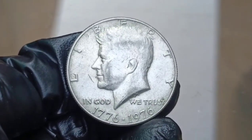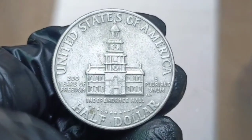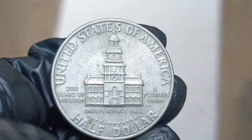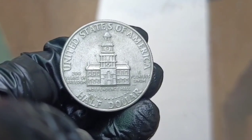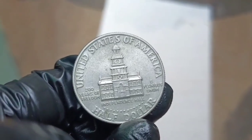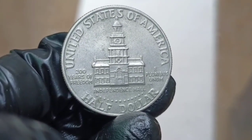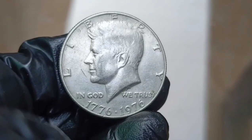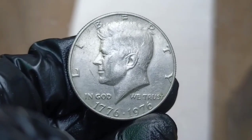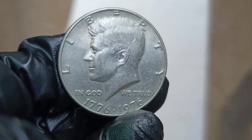Next up, the 1776 to 1976 Kennedy half dollar is a special commemorative coin issued by the U.S. Mint to celebrate the 200th anniversary of the signing of the Declaration of Independence, known as the Bicentennial. Unlike regular Kennedy half dollars, which feature the standard eagle reverse design, the Bicentennial version has a unique reverse showing Independence Hall in Philadelphia, designed by Seth G. Huntington. The obverse still shows the profile of President John F. Kennedy, designed by Gilroy Roberts,